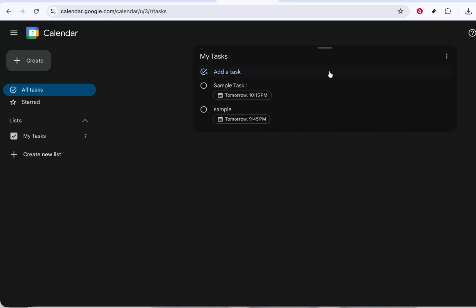Once you're satisfied with the task name and any other basic information you've added, you're ready to save it. Look for the Save button at the bottom of the panel and click on it. After a moment, your new task will appear on your calendar on the date and time you selected, or on the default date if you didn't change it. That's all there is to it. You've successfully created a task in Google Calendar, and you can now check it off, move it,